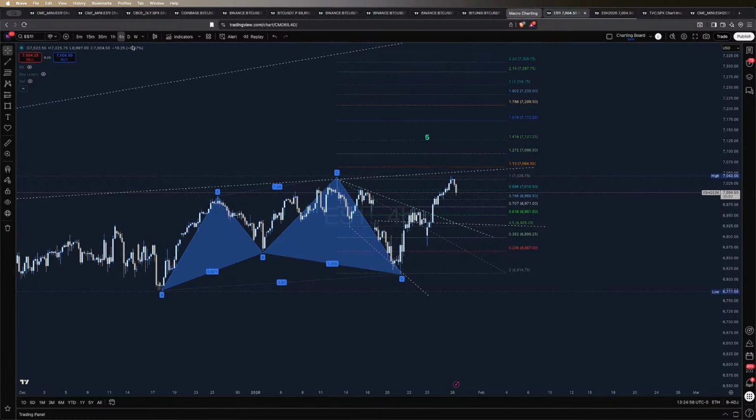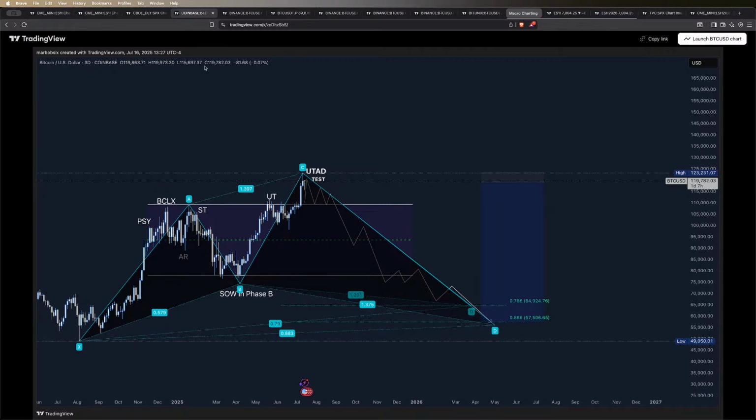Now, moving into Bitcoin briefly before culminating the stream. You guys recall, our projection since July 2025 was another similar distribution schematic, with the first test in the 123 to 124. Since then, I've brought this to attention many times throughout the streams. You can check from July. It's all there, as well as in our room.